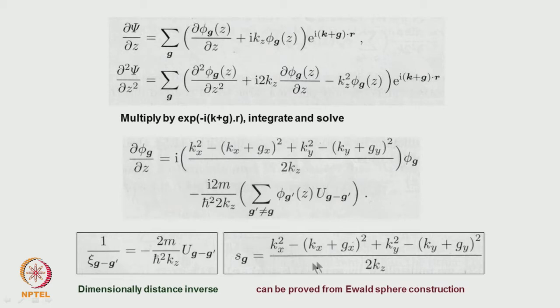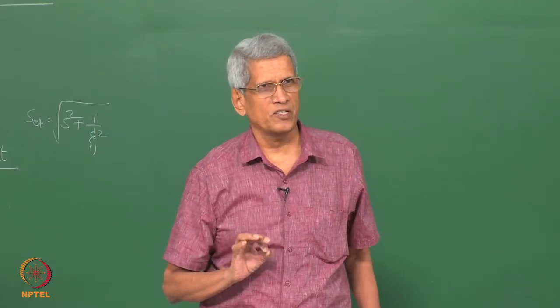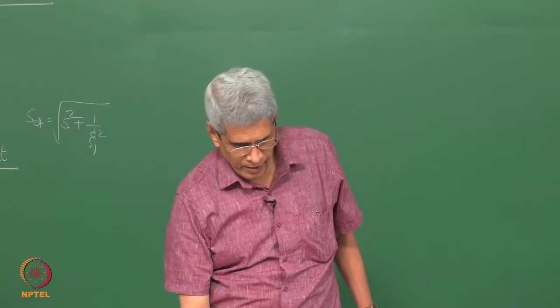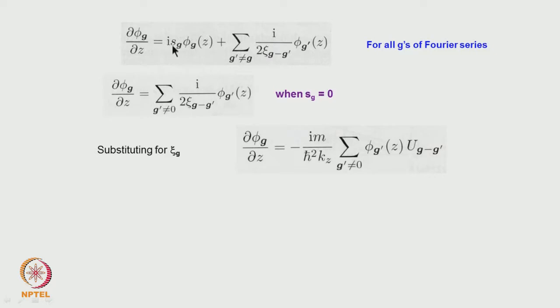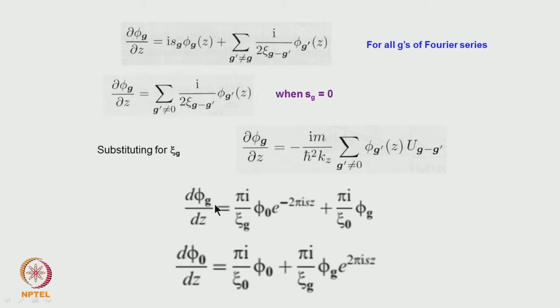And then this term is essentially nothing but Sg. Sg is the deviation from the Bragg condition. This comes only from this quantum mechanical expression when you write it and try to solve it. You understand that? Okay. Now if you substitute this Sg and this psi g which we put in, and do some substitution, we will get an explanation of what this term tells.